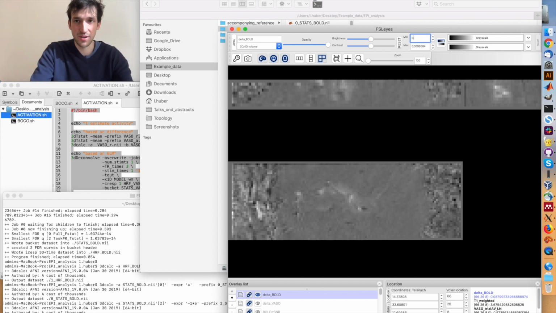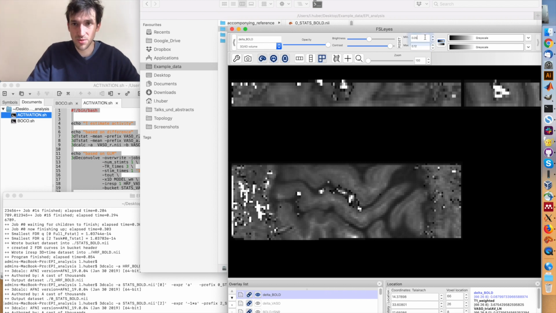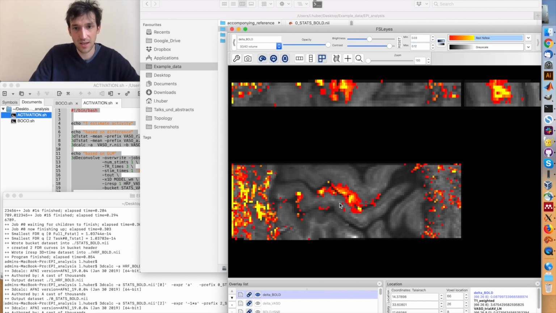Again, BOLD is usually stronger, so activity changes in the range of 5% to maybe 12%. 5 was actually maybe too conservative. Let's make it also 3 and colorful. So you can see in BOLD, at this resolution, we're actually high enough that we can separate sensory from motor